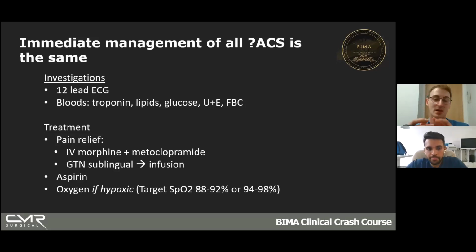So that's number one. Number two is GTN, glyceryl trinitrate. This reduces your preload. It's a venodilator. What it does is dilate your veins, reducing the amount of blood going into your heart, so your heart has to pump less hard. This reduces the oxygen demand on your heart. You can either give this as a spray underneath the tongue, or if that's not worked, you can do an infusion. But you wouldn't be doing that yourself. That's a senior decision to make. It's just something you could suggest, or something you can do if the sublingual GTN hasn't helped.